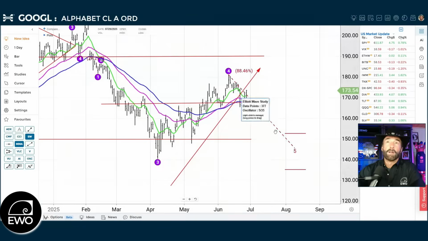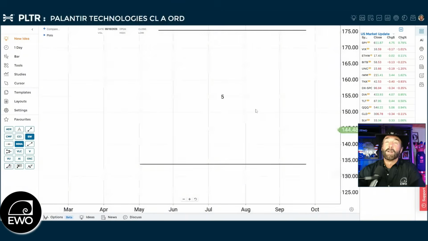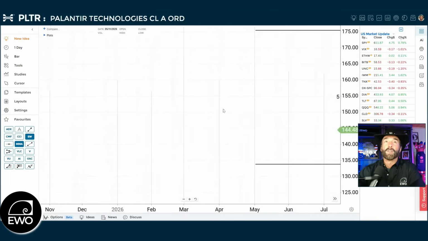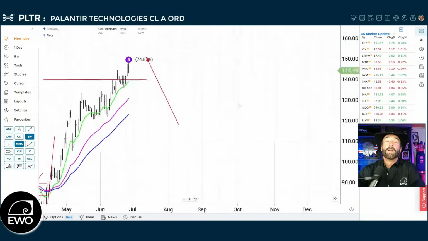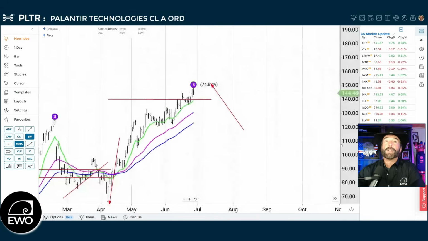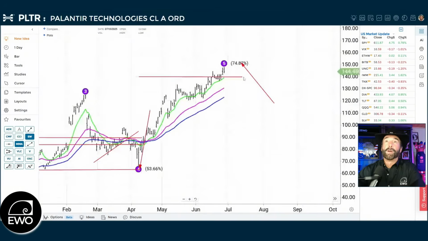Palantir. I know a lot of you like Palantir, and President Trump mentioned Palantir was going to get some government contracts, et cetera, and that put a bid underneath the stock. So when we take a look at it, it's had a pretty nice run off of those tariff tantrum lows in April as well. Not really too vertical, just kind of a nice steady climb, full of impulses and corrections,